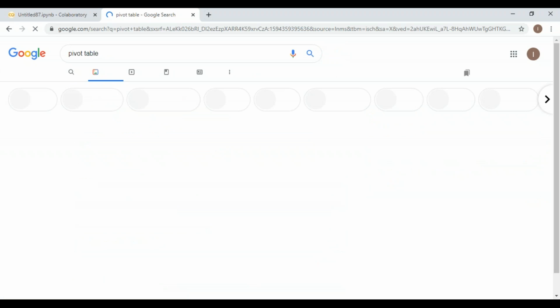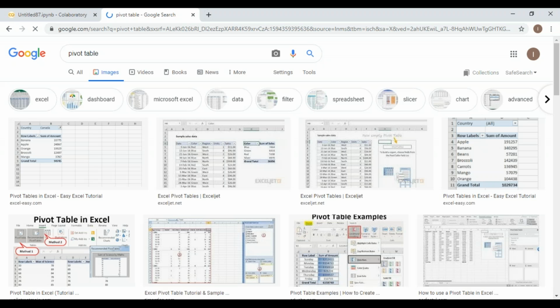But quite देखिए, pivot table ऐसा नहीं, बहुत आदमी देखा ना, this is their creativity. So हम लोग ये pivot